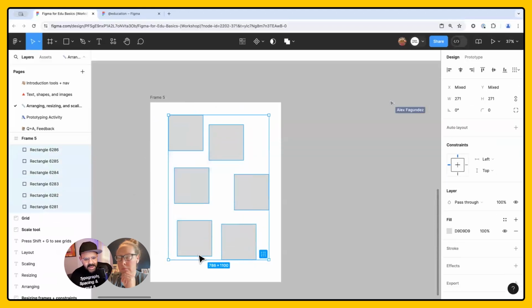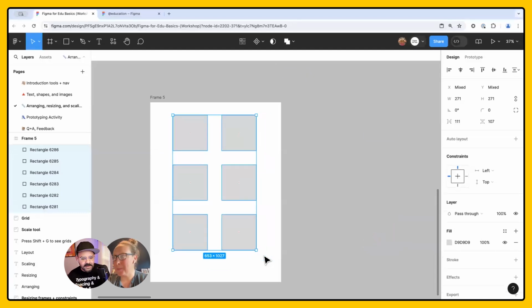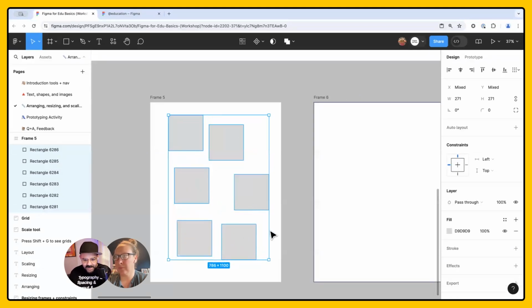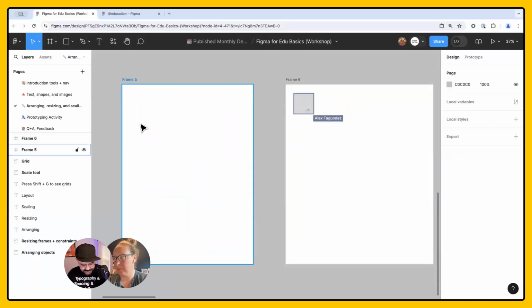So I want to think about arranging these objects inside of this frame. If you look over here to the bottom right, once they're selected, you'll see this little shape that shows up, like a saltine. Do you see that, Alex? Yep, I can see it. When I click it, it arranges all of those objects into a nice kind of grid. And I'll do that one more time. I hit undo.